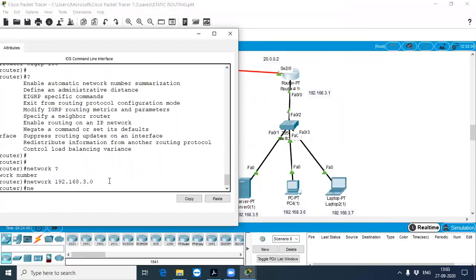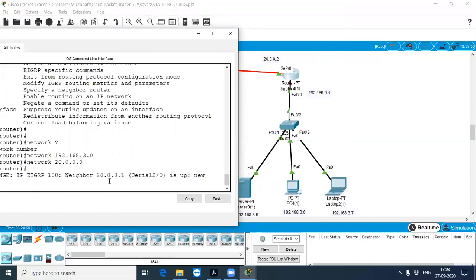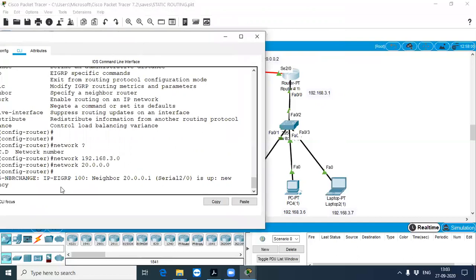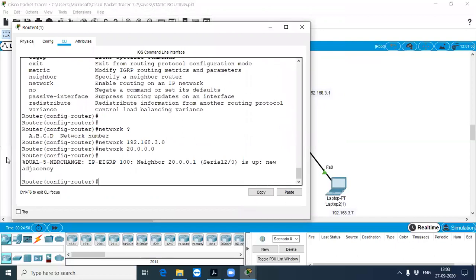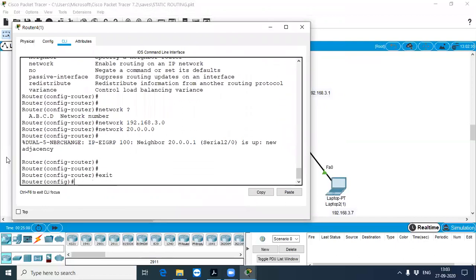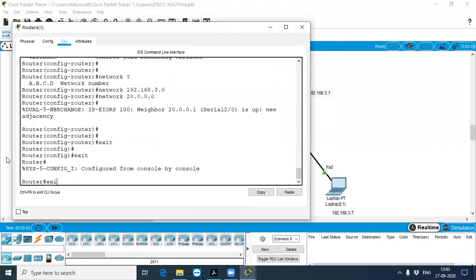Then another network also connected to this router, network 20.0.0.0. If you see here, it is now adjusting the neighbor networks. Successfully I have configured all the routers.